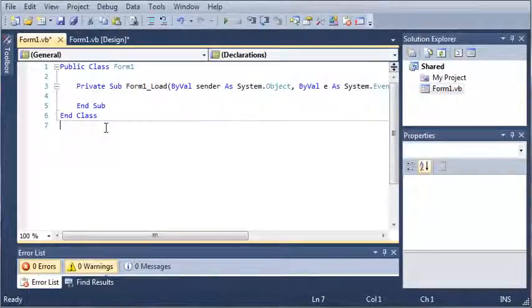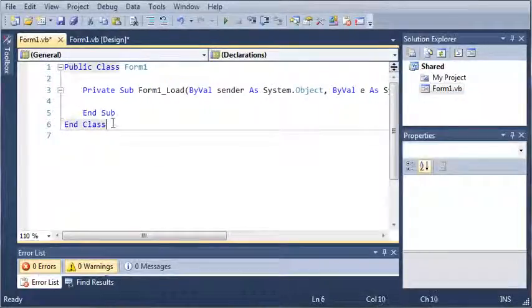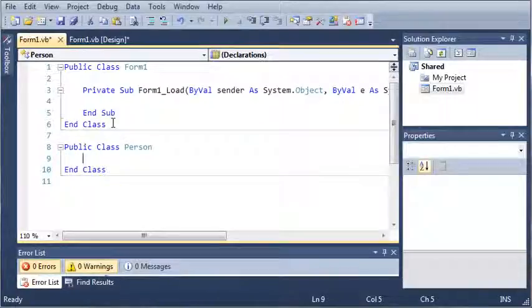Now let's just go ahead and zoom in some, and we'll create a class inside of here so that we don't have to create another file. So let's go ahead and make it public. So public class, and we'll just call it person. So now what we want to do is make some public variables. So public pname as string,